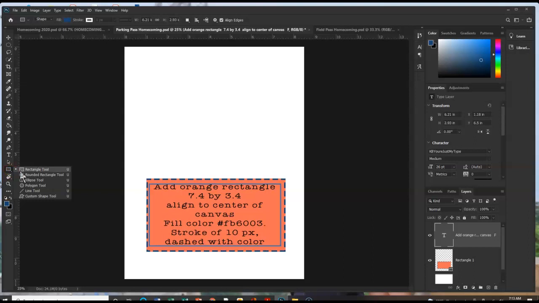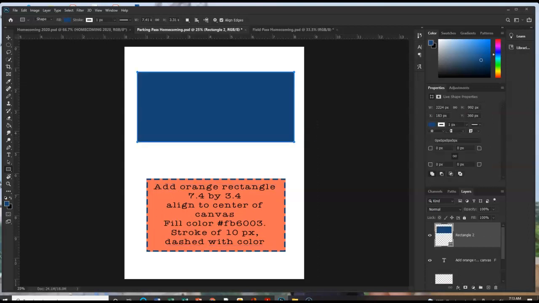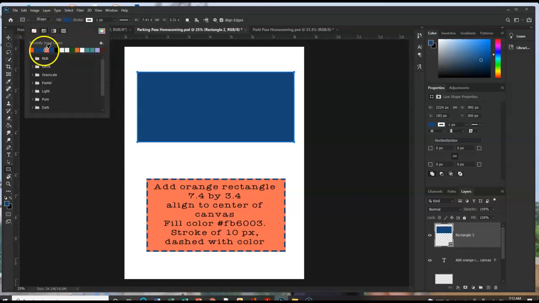I'm going to click my rectangle tool. Okay, and right here, as I'm drawing it, I can see the size of the rectangle, and I can also go back a little bit later and adjust the size. So right up here, I've got my shape. When I go to the fill color,